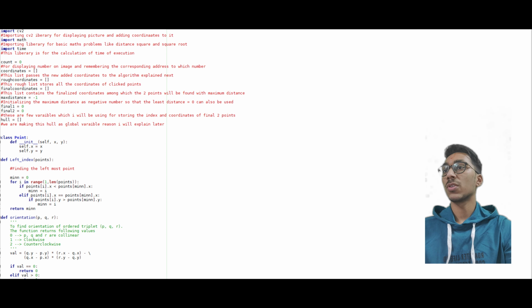This rough list stores all the coordinates of the click points. Final coordinates: this list contains the finalized coordinates among which the 2 points with maximum distance will be found. Maximum distance equals -1. Initializing the maximum as a negative number means that the least distance, which equals 0, can also be used. Final 1 is equal to 0 and final 2 is equal to 0. These are a few variables which I will use for storing the index and coordinates of the final 2 points later